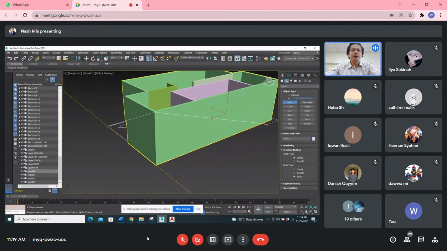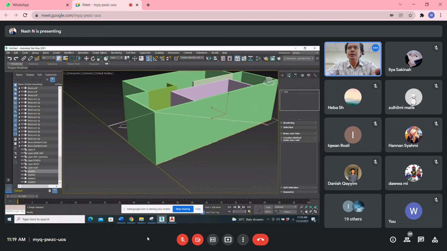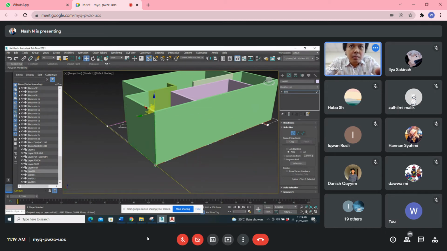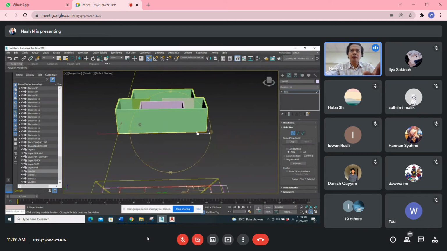So what you need to do, make sure it's all straight first, because if you extrude it, it will be difficult. It will not be according to what you want. So when you click here and then you click this and then you click this and then you click here. Then you move it to here. Then you turn around again. It's all okay.